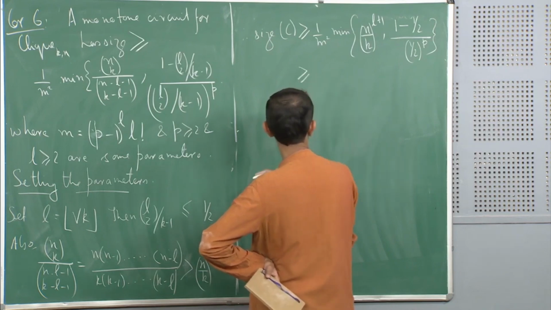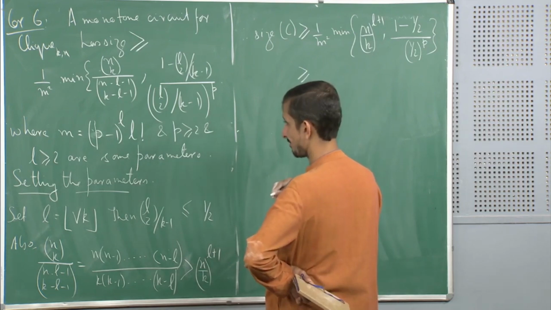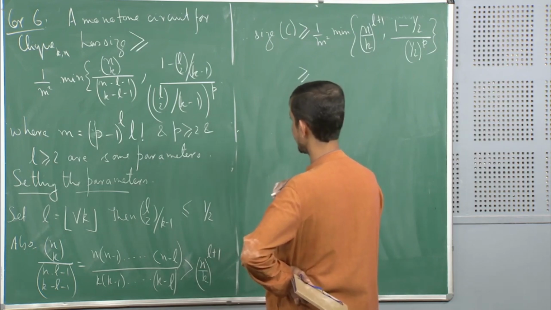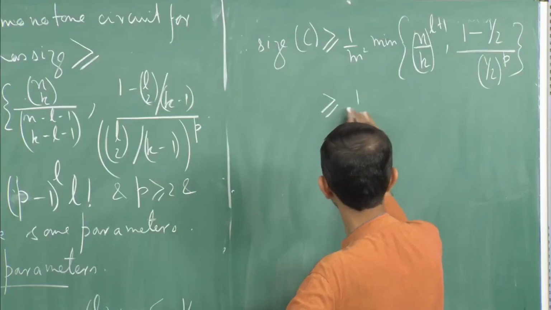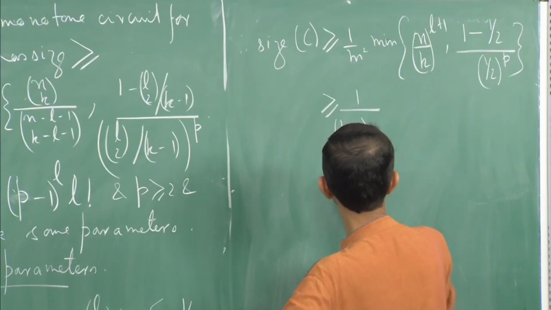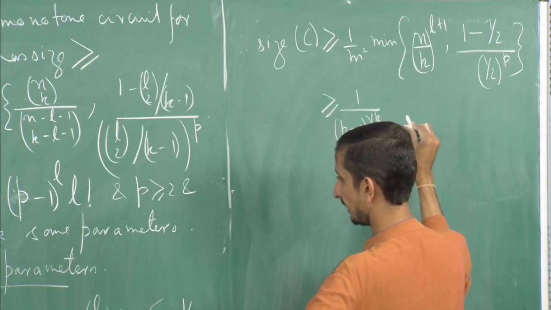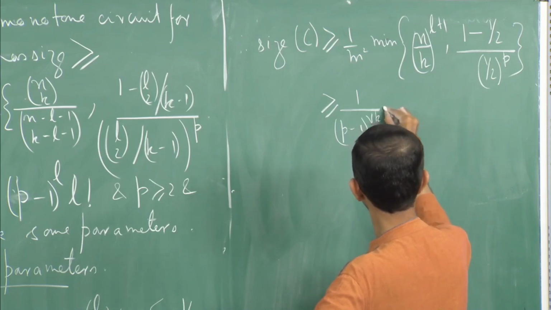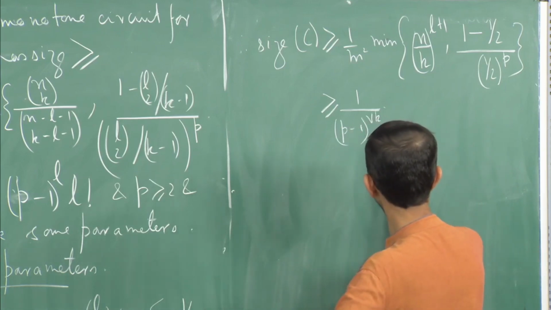So this is greater than or equal to, again I can substitute for m over here as well. So p minus 1 to the power root k into